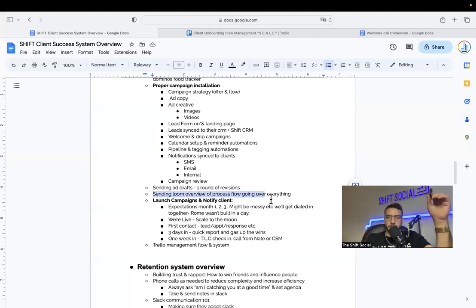Once everything's set up, we're going to send a Loom overview of the process flow, going over everything so our clients can see from the start when somebody sees their ad to submitting the ad to filling out the application, scheduling an appointment, the text, the emails, everything. We're going to send them a Loom just going through that whole process from start to finish and making sure that they understand how that flows, what we're doing for them, and then what's going to be their operational flow,